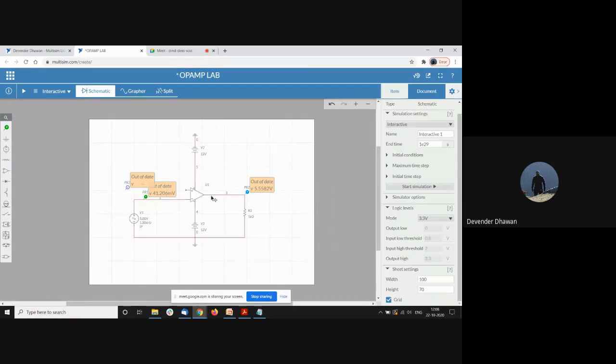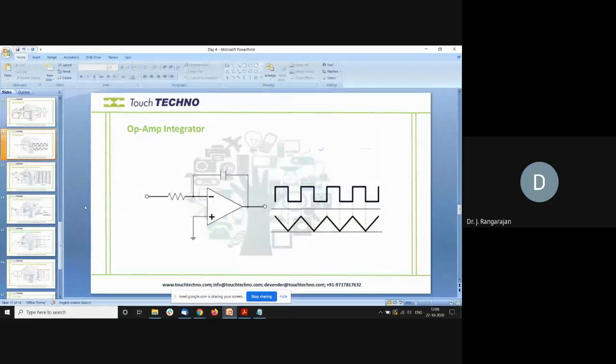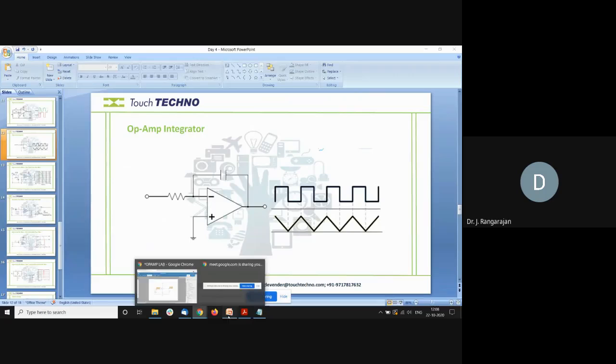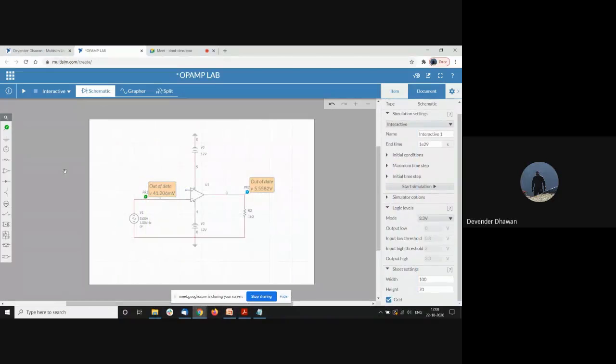Let me just delete this. Okay, so the basic thing is this only. The next circuit that we are going to do is an integrator. Sometimes this information comes up showing "out of date" on the screen. Okay, this will happen, sir, when, let's say,